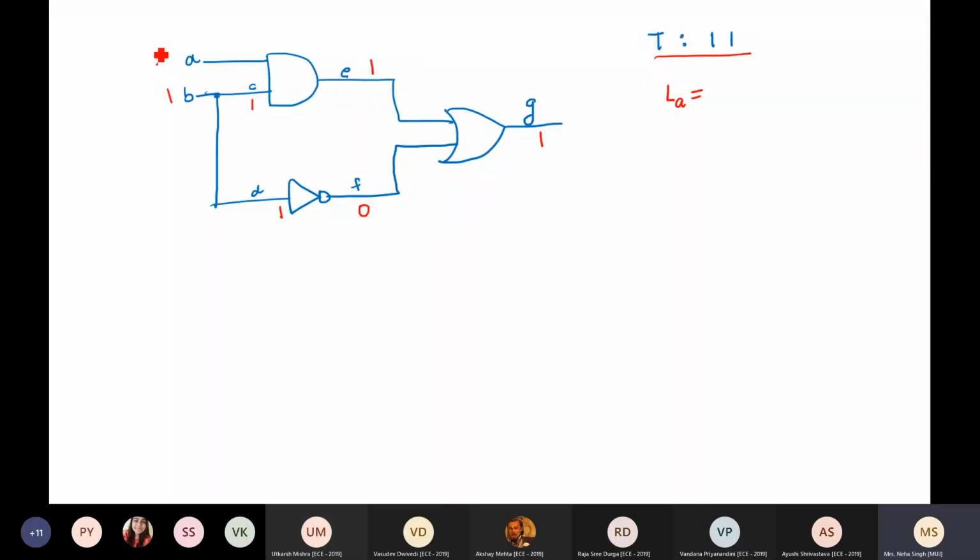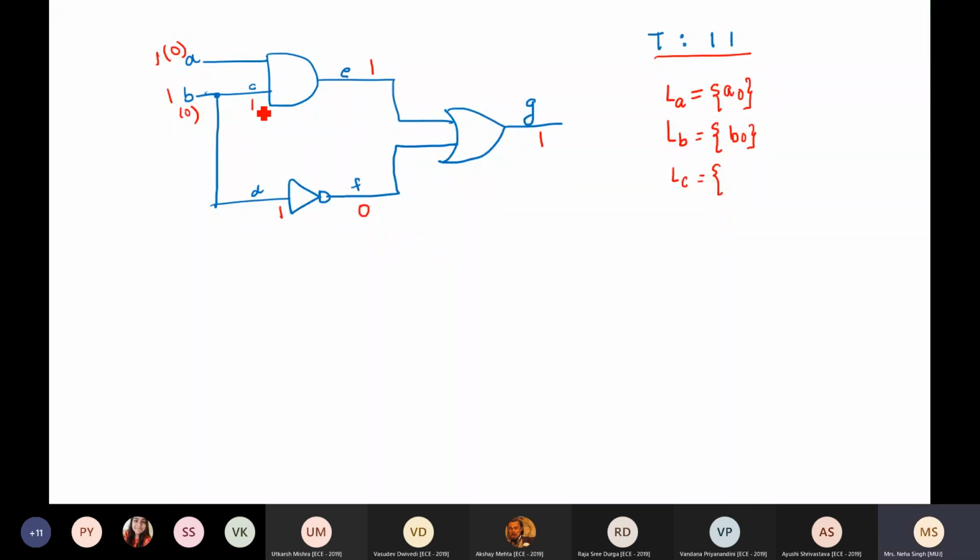नहीं, A stuck at 0. A का एक्चुअल वैल्यू इज 1, सो फॉल्ट कब होगा? जब वो 0 पर स्टक होगा। तो इसका फॉल्ट लिस्ट क्या होगा? A stuck at 0. ठीक है। ऐसे ही फॉल्ट लिस्ट ऑफ B। B पर क्या फॉल्ट हो सकता है कि ये 0 हो जाए? सो दिस इज B stuck at 0. फॉल्ट लिस्ट ऑफ C।